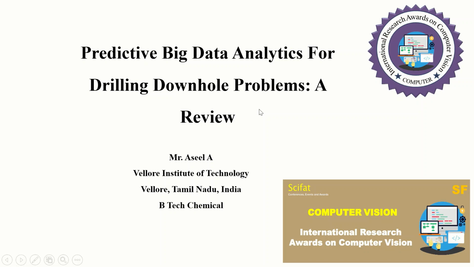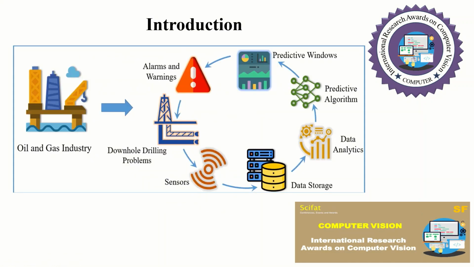In this regard, we have taken drilling downhole problem analysis using different optimization algorithms on the data which are collected through sensors. This is the basic chart which explains the procedures taking place. During the drilling process in the oil and gas industries, different downhole problems may occur, such as dogleg, pipe